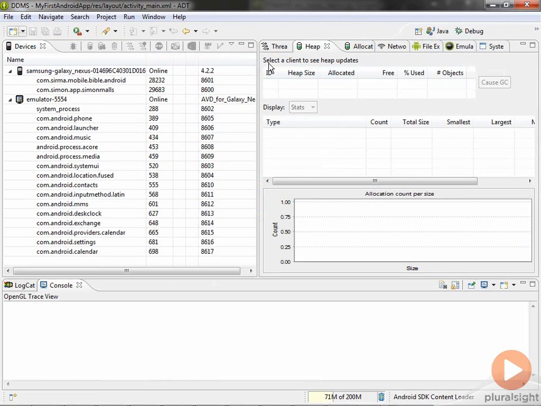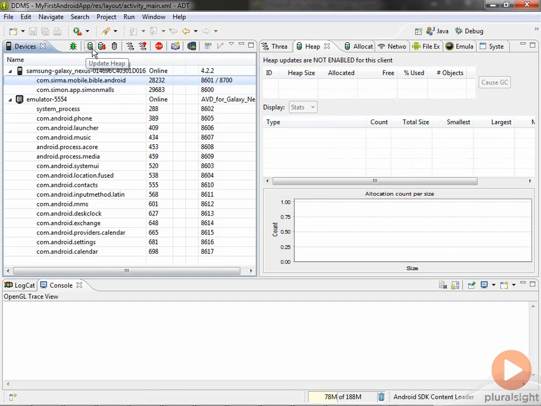and that switches me to my DDMS view. So you can see here that I've got the list of my connected devices now. I have an emulator connected and a real device connected, and my tool tabs. Here we are on the heap tab. What I can do here is select a reading app I use quite a bit on my device. Right now there's no heap information in here. In order to start seeing the heap information, I need to click on this button right here